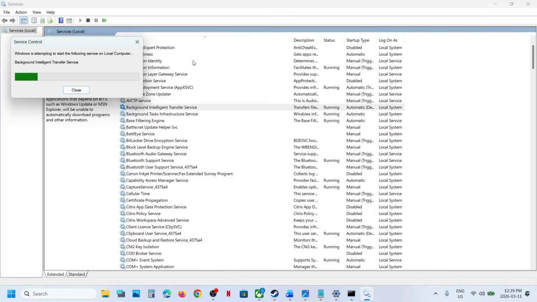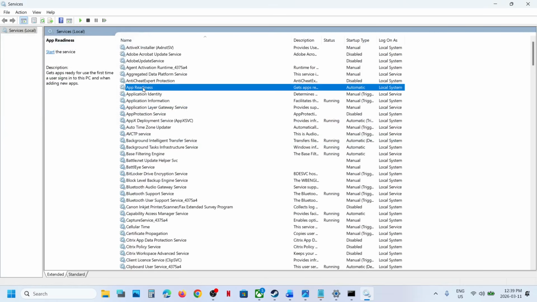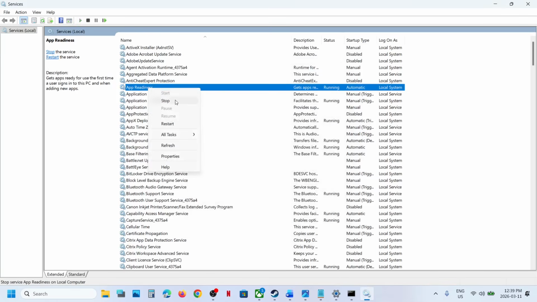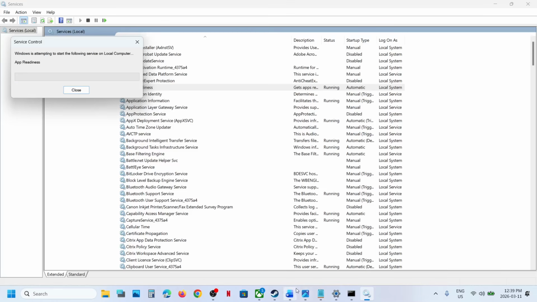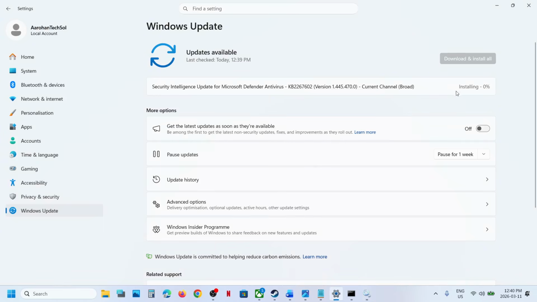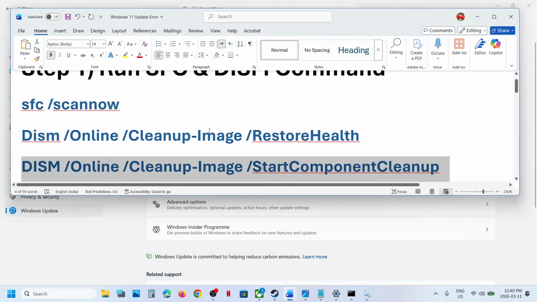And once this is done, find app readiness in the list. So somewhere at the top you will find app readiness, make a double click, set this to automatic, click on apply, again click on start if highlighted and then make a right click on app readiness and then click on restart and then you can check. Still not working? Now once you run this, if you see retry option, you can hit retry and then check. If that does not work, scroll down,